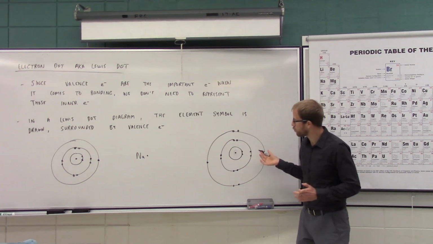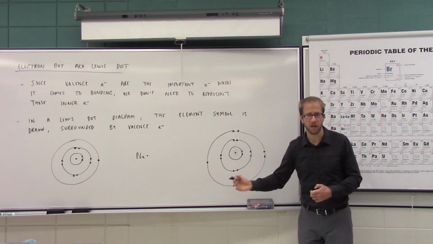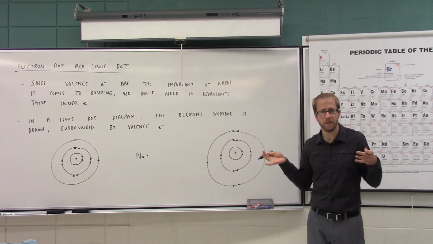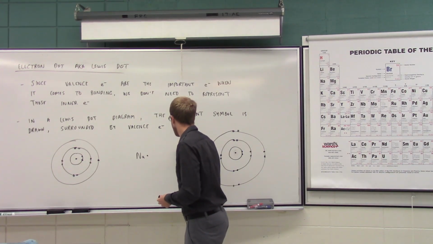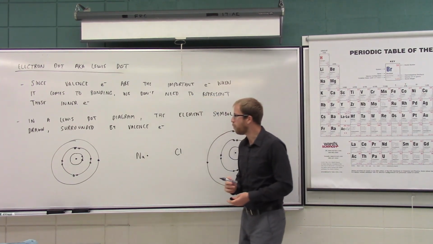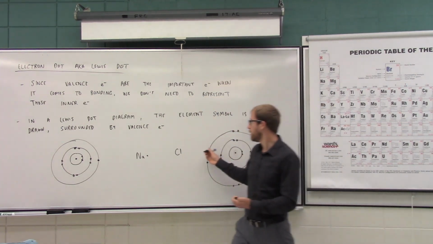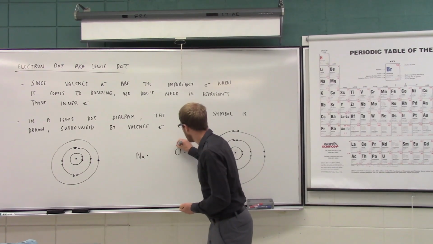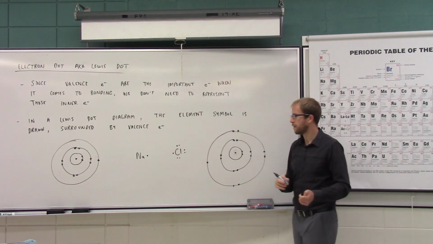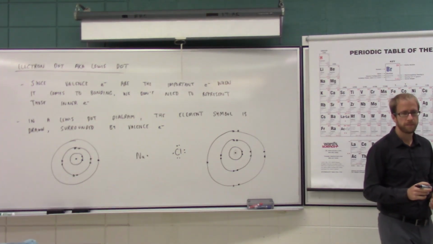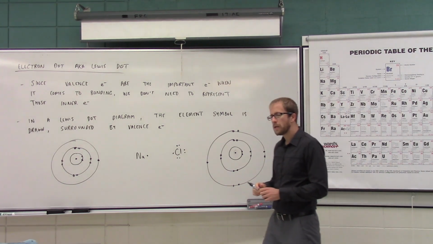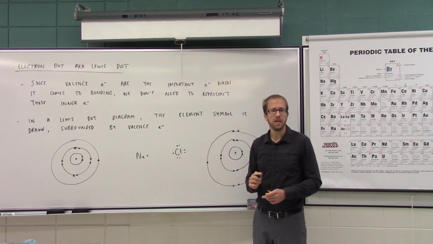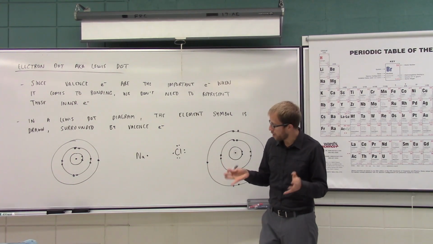We don't need to draw out all of these inner electrons because they don't matter in terms of the element's reactivity too much. We really only need to focus on these outer electrons. So if I were to draw the Bohr diagram for chlorine, it would look like this. And in the formation of sodium chloride, our ionic compound,